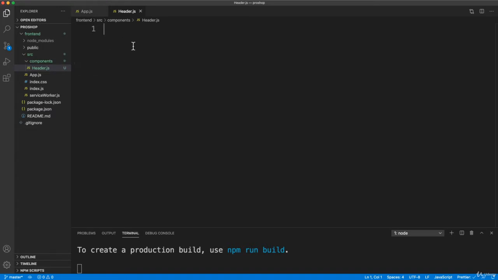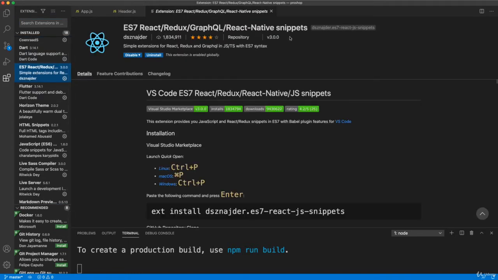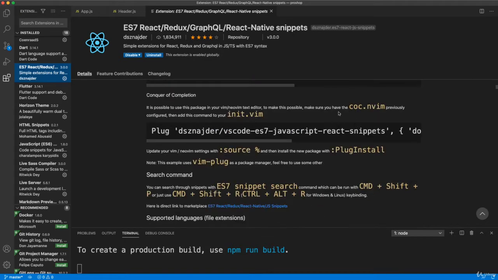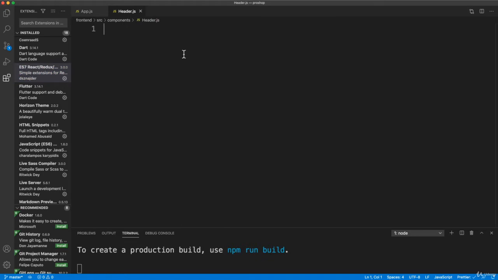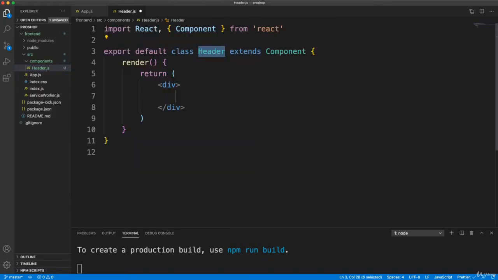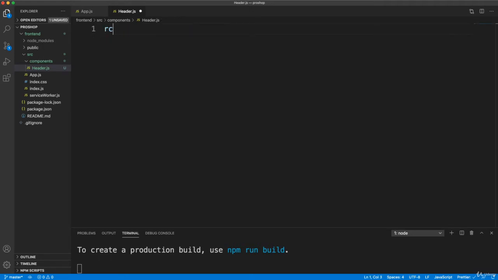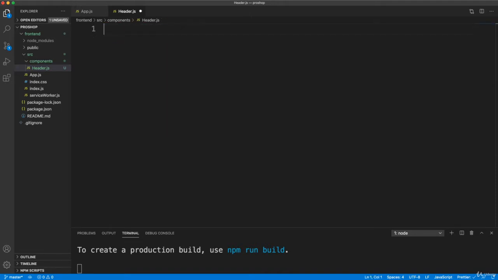And I want to generate a new React component here. Now this is where this extension comes in handy, this ES7 React snippets, and there's different shortcuts that you can use to create snippets. So for example, if I wanted a class component, I could do RCC enter. That gives me a class-based component. If I want a React functional component, I can do RFC. Although this gives you the regular function syntax, it also exports it here. What I like to do is use